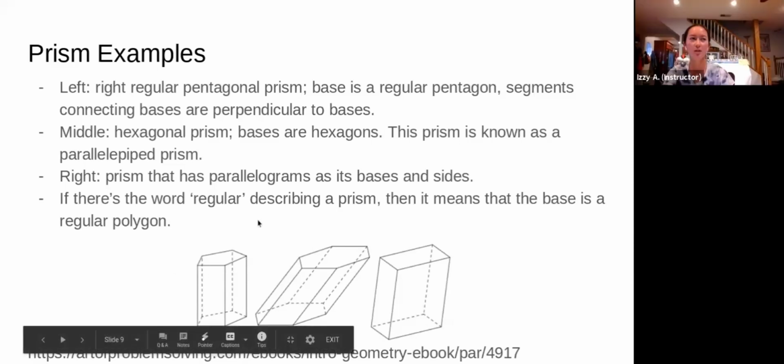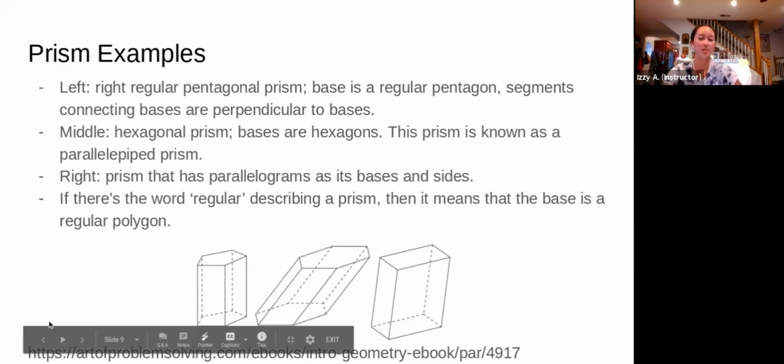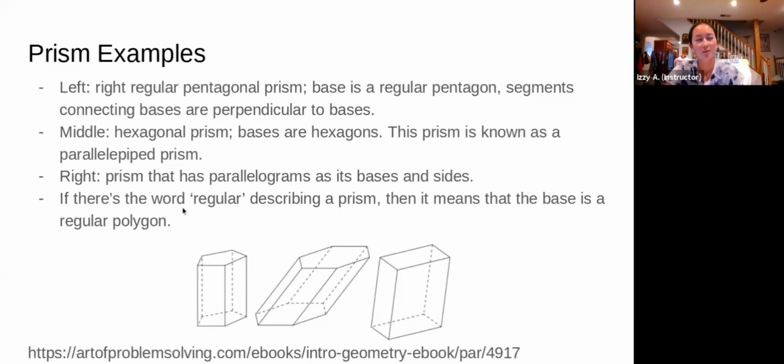And there are different names for prisms, and generally speaking, you get them down because you just come across them, especially when you're learning about prisms. But some prisms might be a little more complicated, such as a prism that has a 20-gon as a base. That's going to be a unique prism, I should say. But generally speaking, the prisms that you come across are pretty easy to identify.